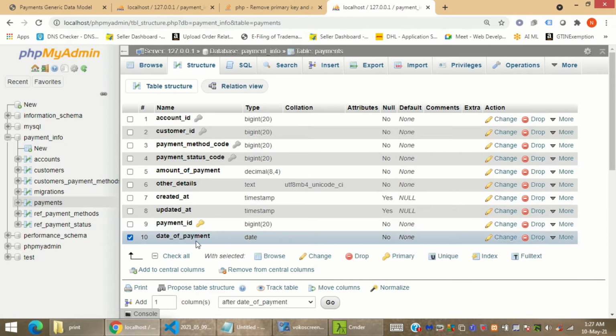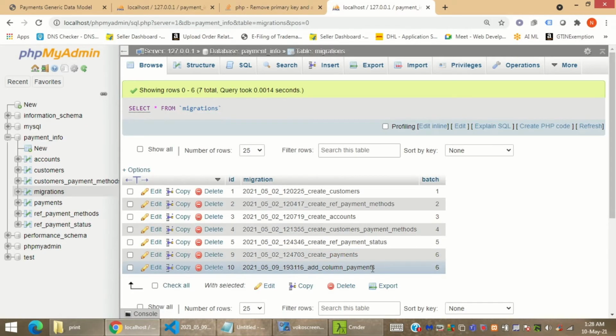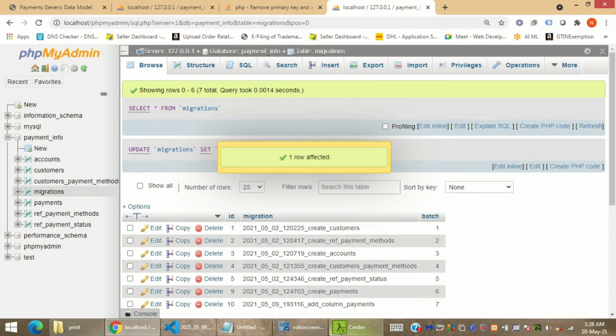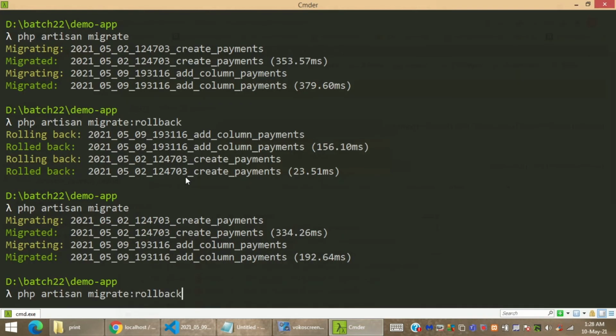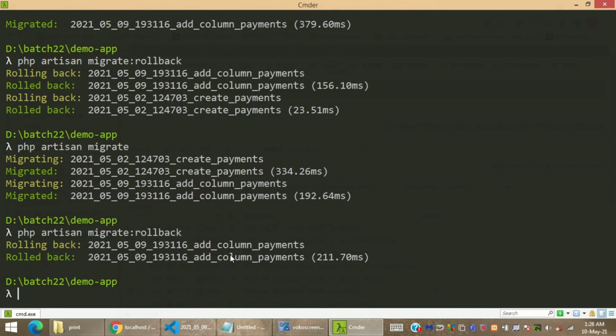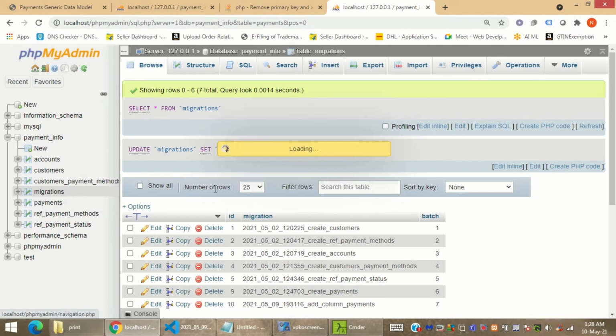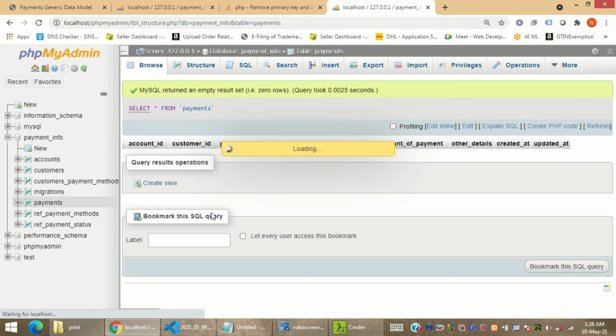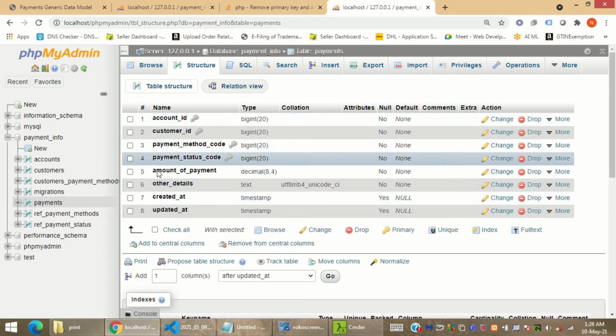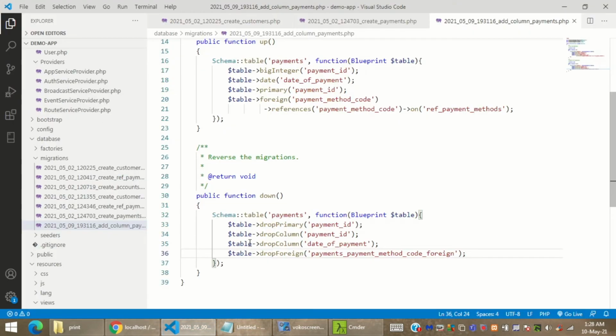So with this thing, remember that whenever you fire any of the adding of the columns, it will always do create this thing. Let's edit the migration so that if I roll back, it should only roll back the add column method. So with this thing, let's see if my columns are dropped or not. Okay, so remember that whenever you add a column, it will be added at the last, not in the specified version, fine. You can see our rollback is now working actively, fine. So everything is working fine and good.